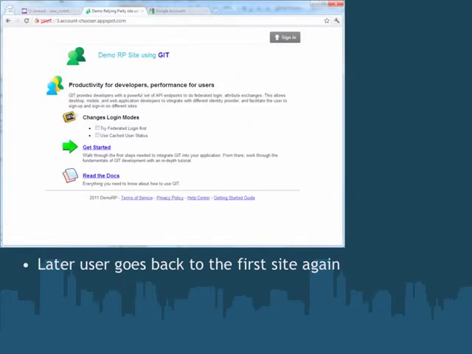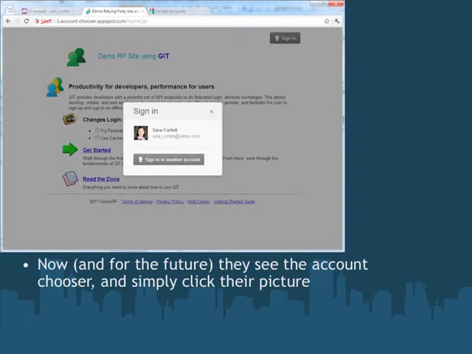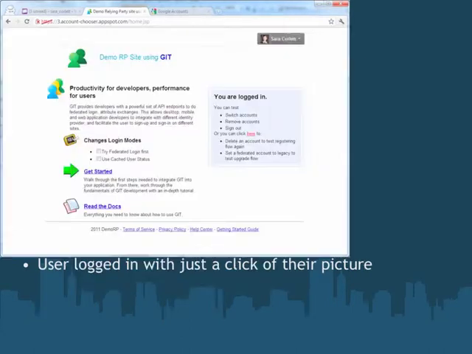Great. But let's say that same user goes back to the first website and clicks the sign in button. Now is actually where the magic happens. What they'll see is an account chooser. Hopefully looking similar to the operating system mocks we showed before, pictures of people, though so far she only has one. And so she comes back here, she's trying to log back into her account, pretty obvious to her what she's supposed to do, click her picture. And if she does, boom, she's logged into her account.